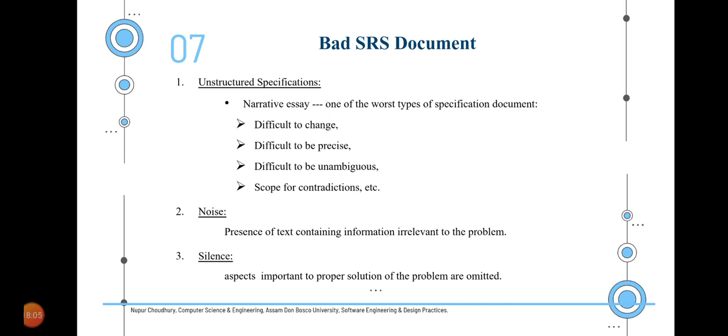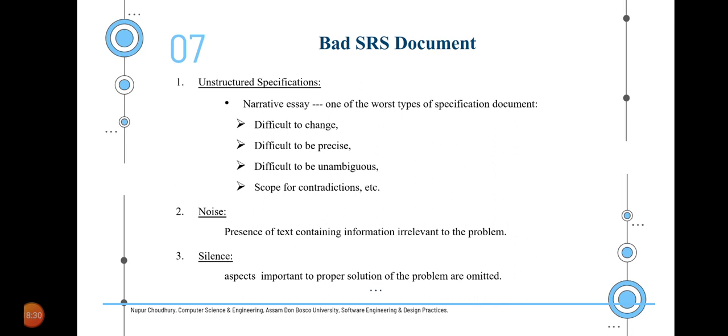And it also needs to be unambiguous, which means that it does not have any contradictory statements, and there should be no scope for contradictions, etc. So all these components basically form the unstructured specification. Firstly, if it cannot be changed. Secondly, if it cannot be precise.